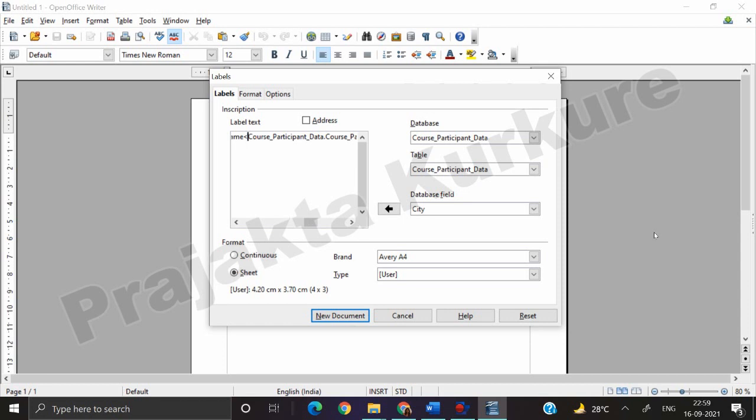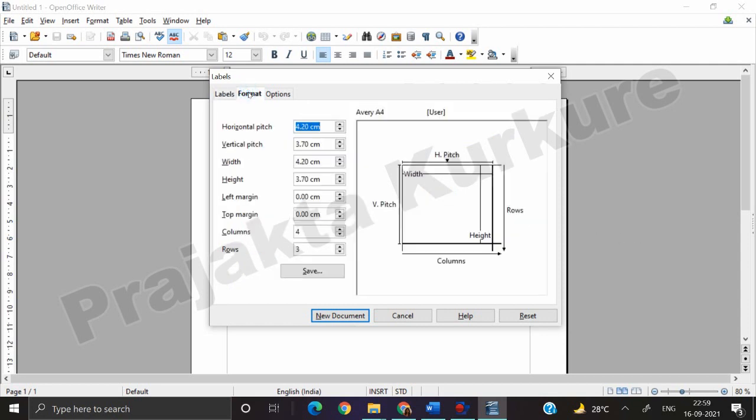The arrow got deleted. So now last name, and after last name I want address to appear on the next line, so I'm putting an enter key there. Then after address, city should be on the next line, so I'm again putting an enter key.